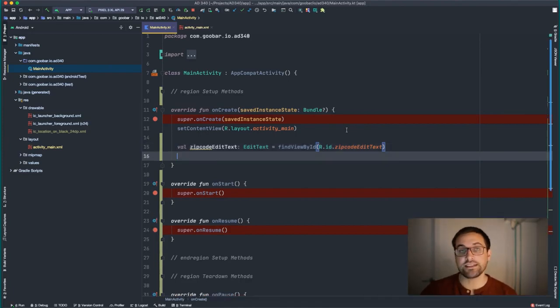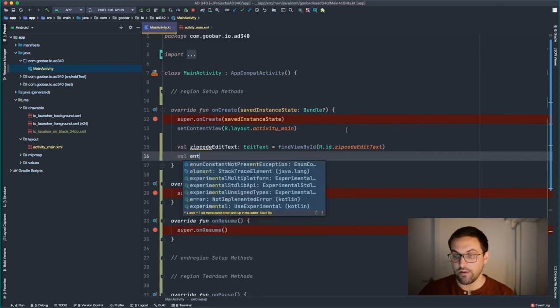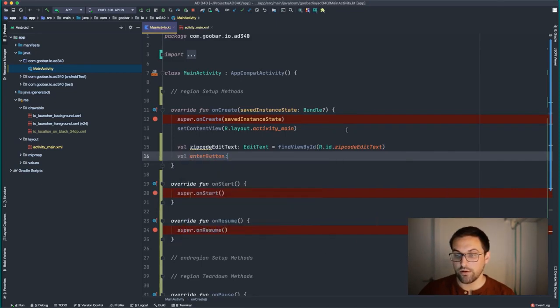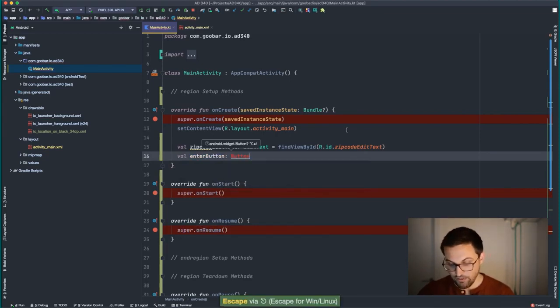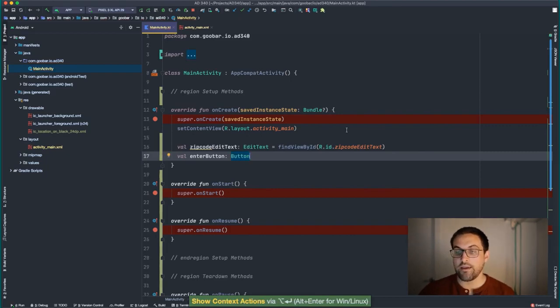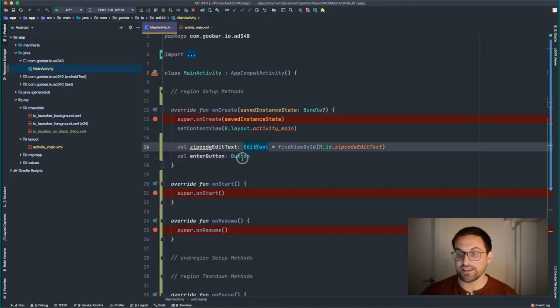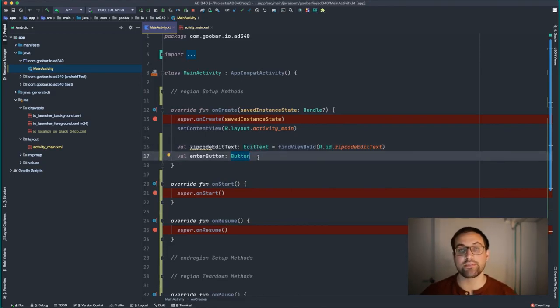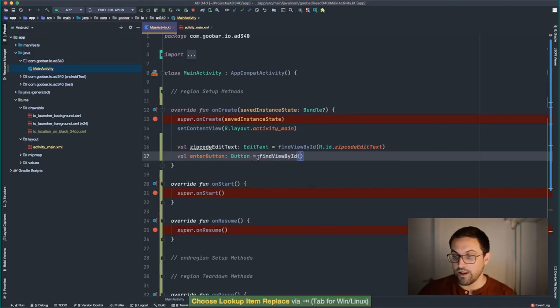But first, let's get a reference to our button. So in this case, we'll say val enterButton colon Button. So once again, this now lets us specify a variable called enterButton, and it has the type of Button. Notice the types here of EditText and Button match exactly the types that we were using in the layout XML. So now again, we'll hit equals findViewById, R.id